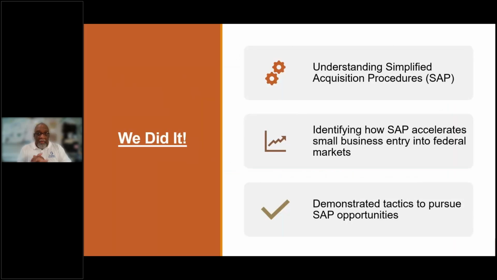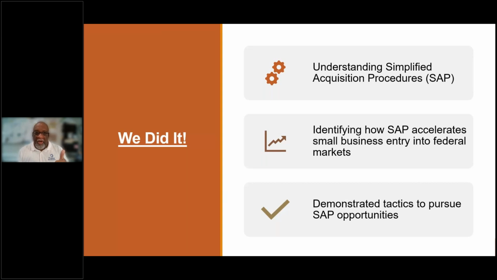All right, I think we did it. Here's the things we want to talk about: understanding acquisition procedures, simplified acquisition procedures, talking about how SAP procurements accelerate small business entry. Value proposition, it's an open door. It's an open door with reduced burden, reduced oversight, reduced paperwork,